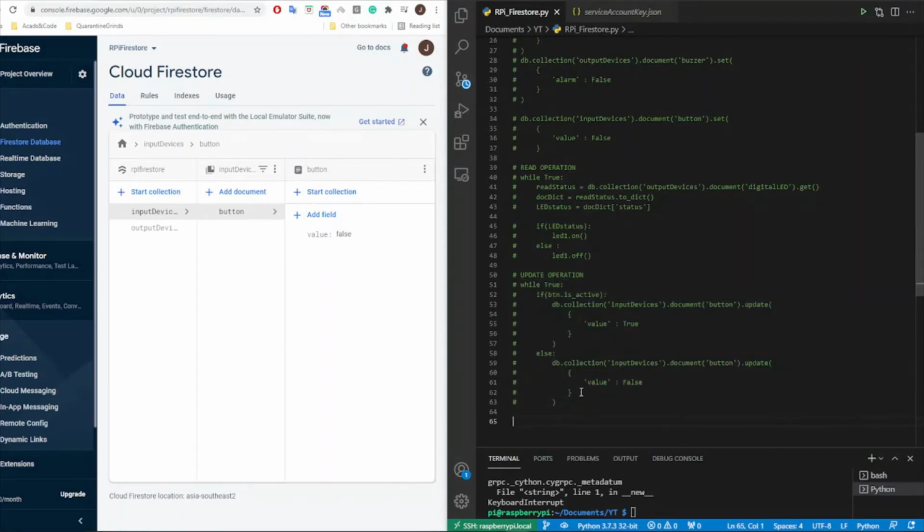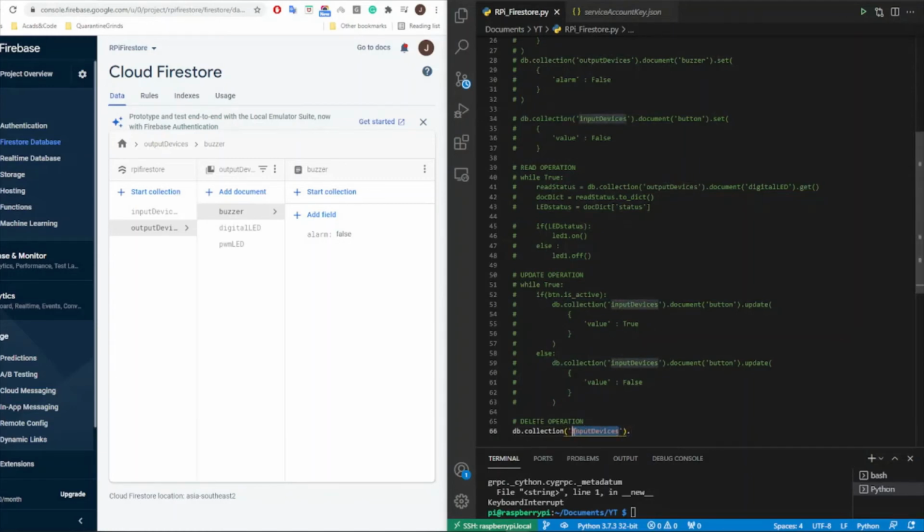And the next thing is the delete operation. I don't usually use this because I rarely delete a document or data, but just to complete the CRUD operation format. Let's say you want to delete the buzzer right here. The way you do that is again call this collection reference,